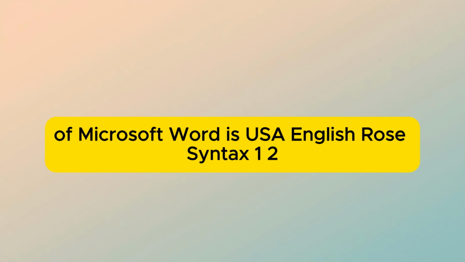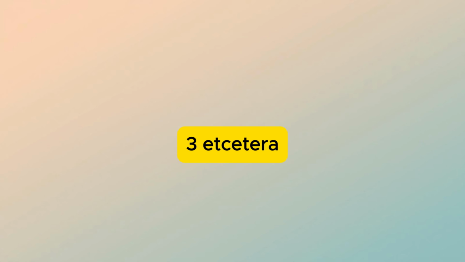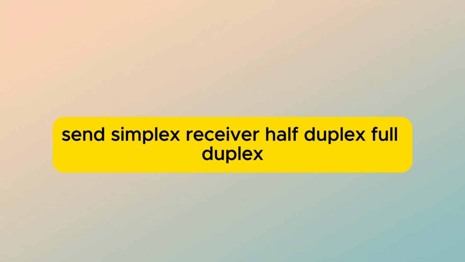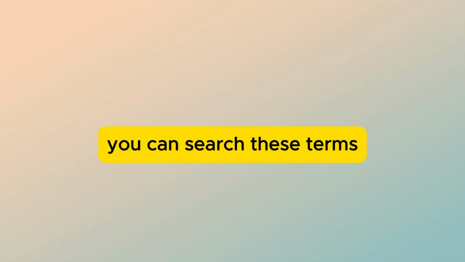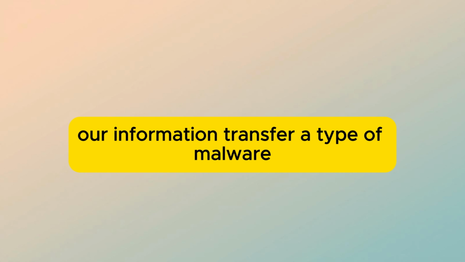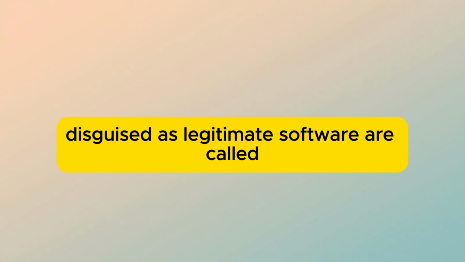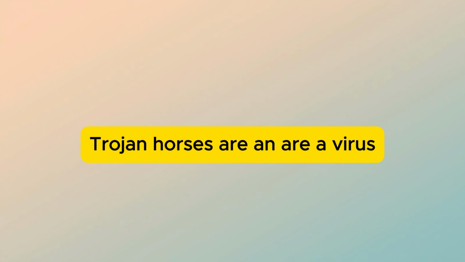Row syntax: 1, 2, 3, etc. Send: simplex; receiver: half duplex, full duplex. You can search these terms and get more information on those, which are for data transfer or information transfer. A type of malware disguised as legitimate software is called a Trojan horse, a virus,